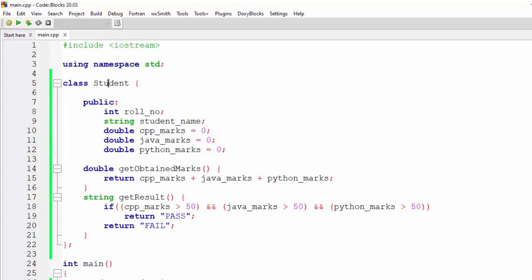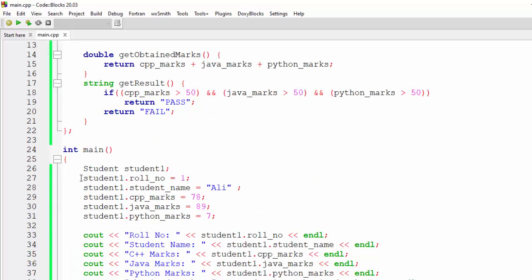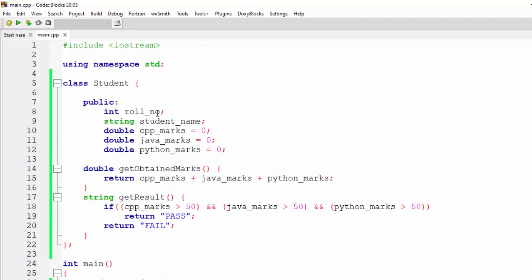Now let me rewind. First of all, I am creating a class. After that, we say public. It means we can access them directly from outside the class, like here we are accessing the properties because these are public properties. Otherwise, if they are private, we can't access them. We will talk about this access specifier in the upcoming class. After that, I am declaring some properties like roll number, student name, and marks for 3 subjects.